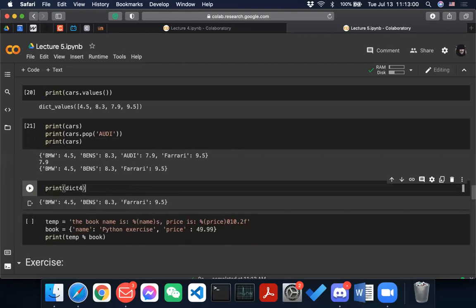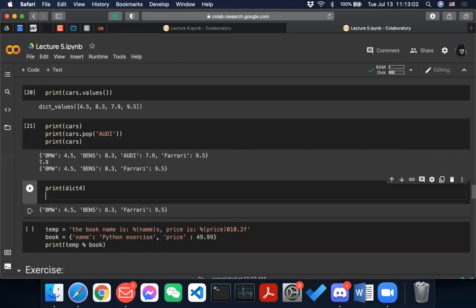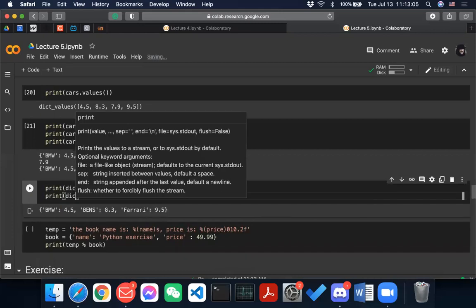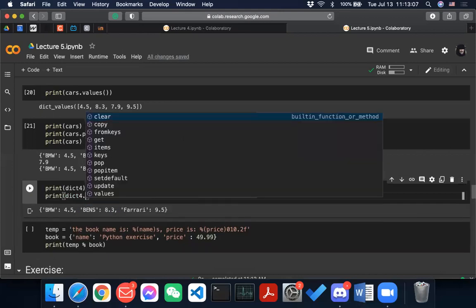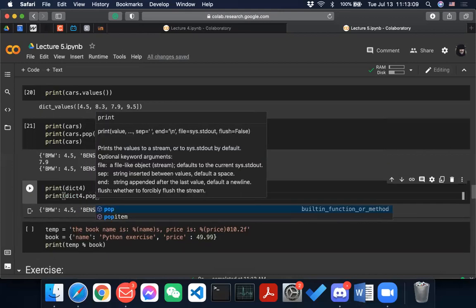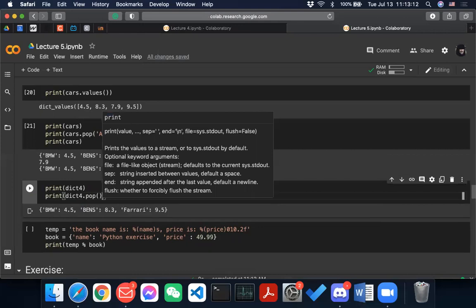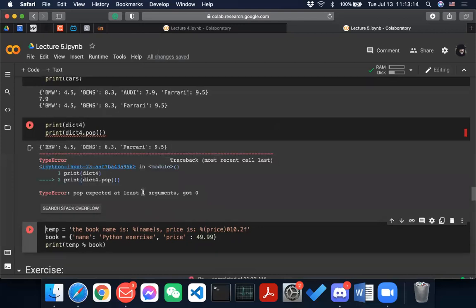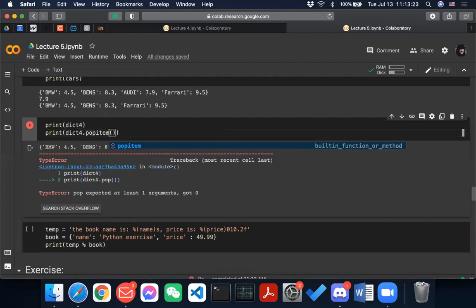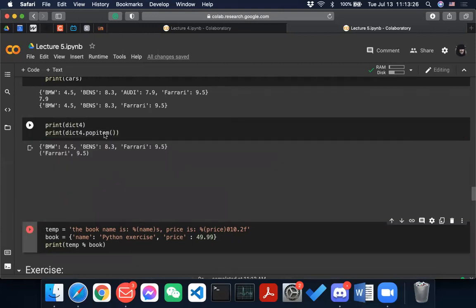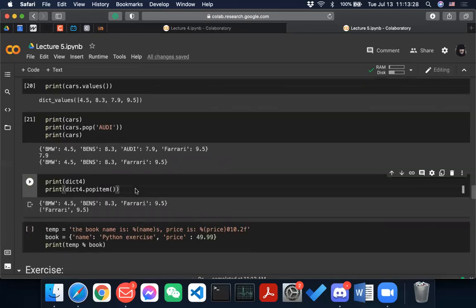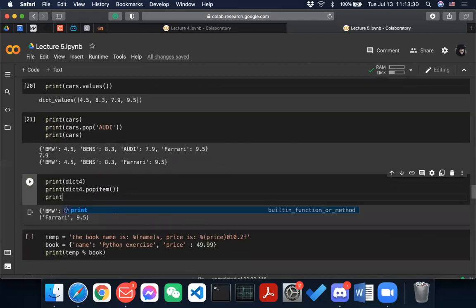So what I do is print dict 4 dot pop. Oops, this is lagging a bit. Okay, yeah, it actually does not allow you to do that. So pop expects at least one element. And then I believe there is a method called popitem, and it pops out some weird stuff. But yeah, don't use that.